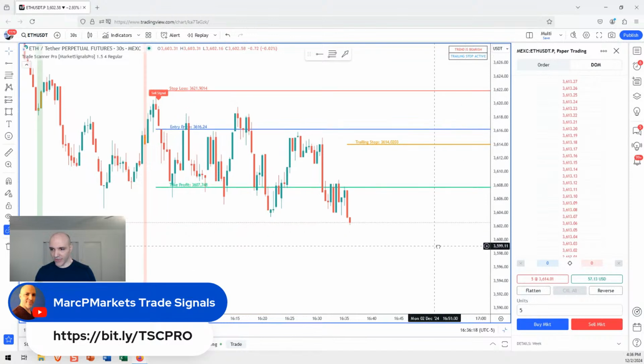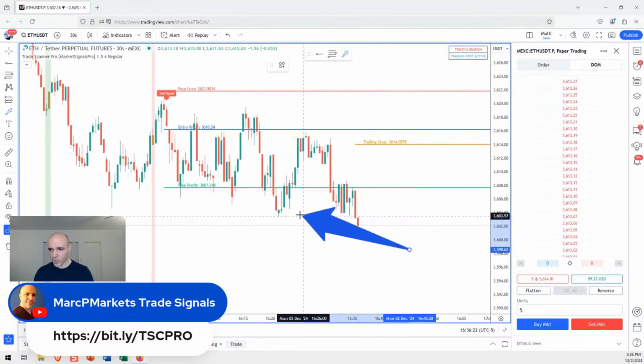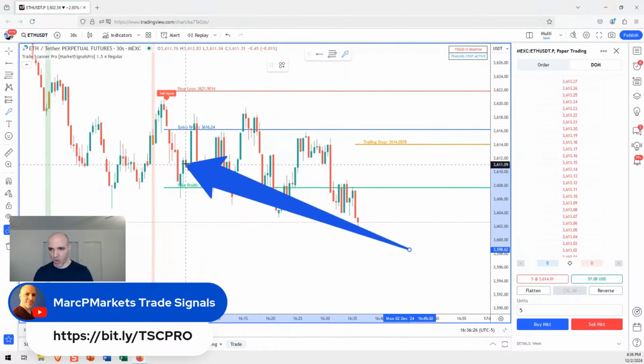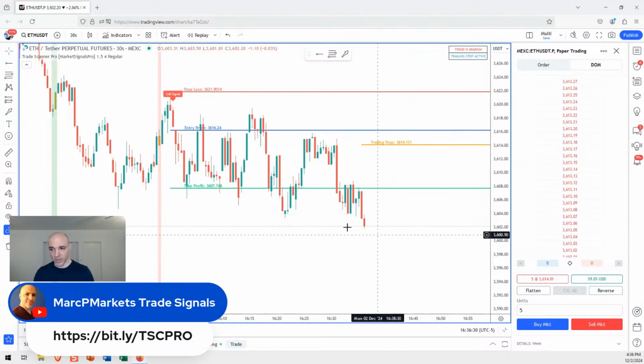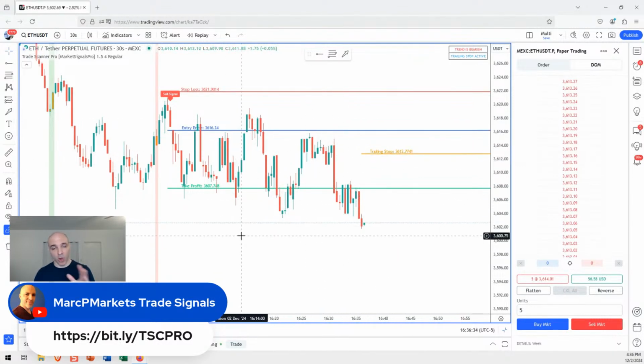Let's see if we get the failed low or not. Now keep in mind too, for each one of these bottom tests and these long attempts, you realize more and more people get long. They get longer and longer and more people join, right? And when it breaks, they all run for the exit at the same time. That's what creates the momentum.